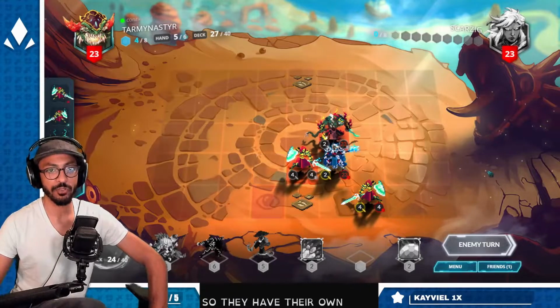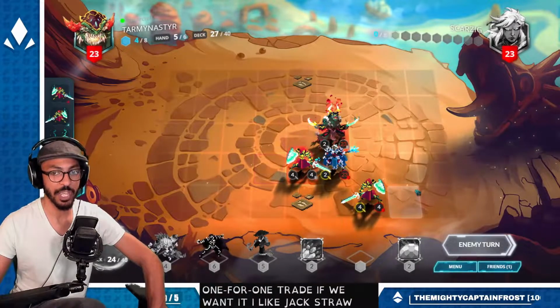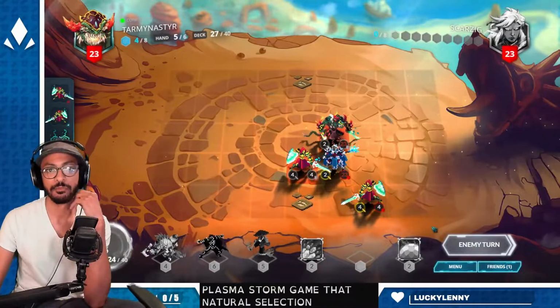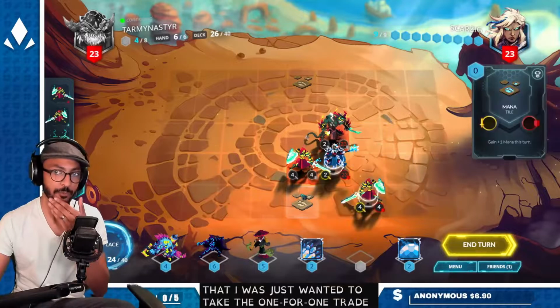So they have their own Rejuvenator, so no War Beast. We can get the 1-for-1 trade if we want it. Play Jack's True Sight. Just say, do you have Plasma Storm game? It's that natural selection. Late game like this is where my Hailstone becomes really good. I think they realized that I just wanted to take the 1-for-1 trade and I wasn't actually going to